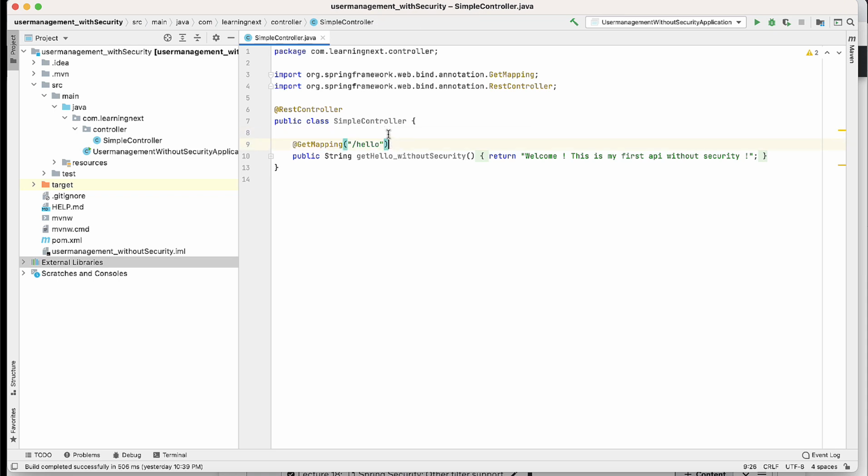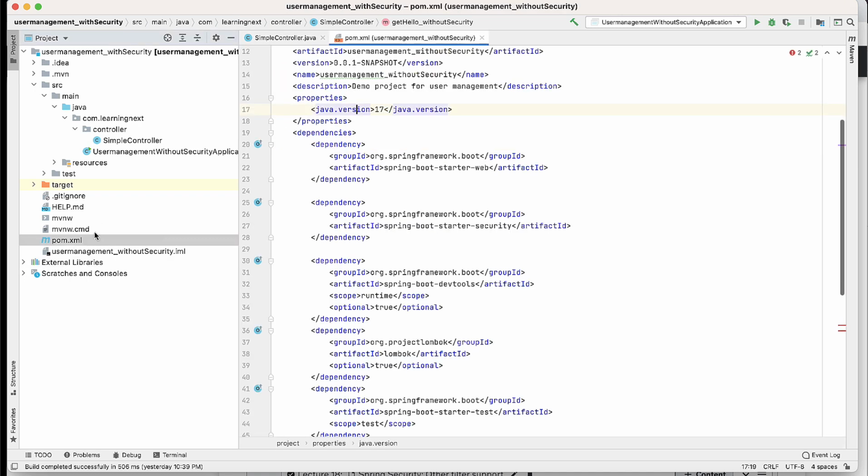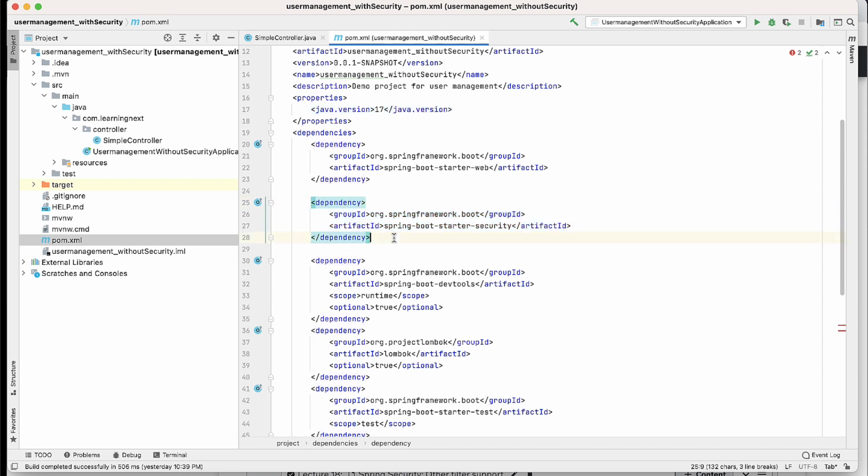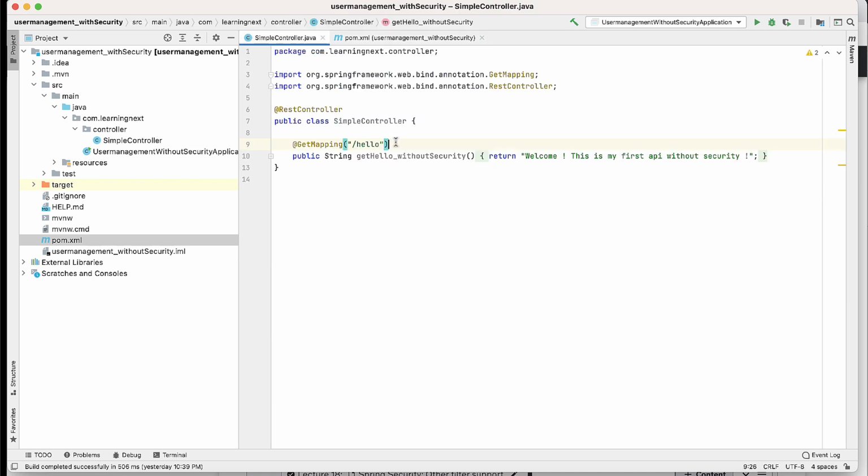Have you seen any configuration that I have done in the whole project? No. I have just made one change: I have added one Spring Security dependency, and after adding this security dependency, each and every API is now secured. So how is this happening? How is Spring Security making sure that every API that is getting hit must be secured, must be authenticated,